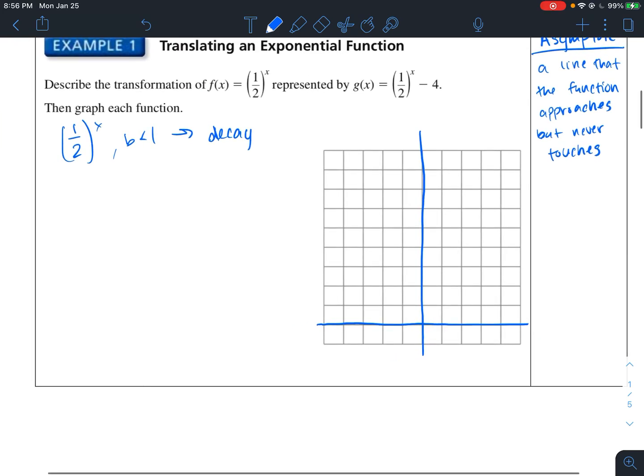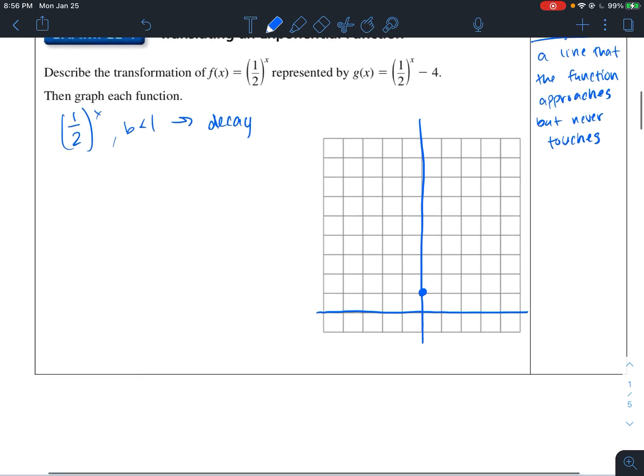Okay. Now, there are no vertical transformations or horizontal transformations happening with this function. This is a parent function right here. So when x is 0, this is going to be 1/2 to the 0, and anything to the 0 power is 1. So that means when x is 0, y is 1. And again, we know that this is exponential decay. So I'm not really sure about the specifics of where it's going to go right now,